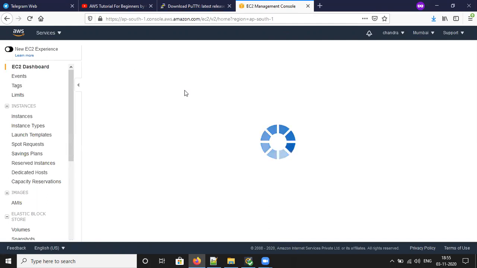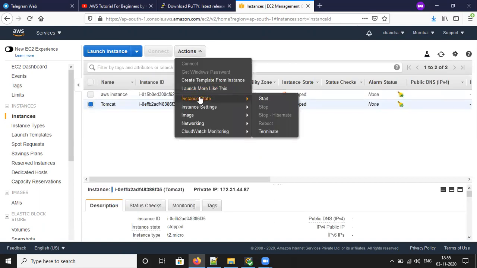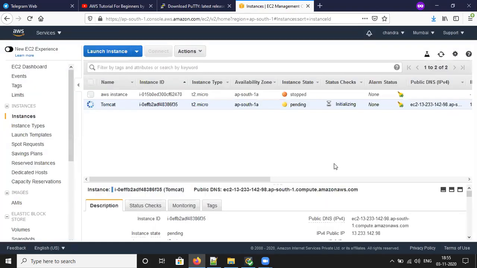Check whether any running instances are there in your EC2 dashboard. Running instances 0. You can select the instance, then actions, state, start, yes. Which file name have we saved? Jenkins server.ppk is the file we have saved. Once it is up and running, we will check connecting. Now it is up and running.